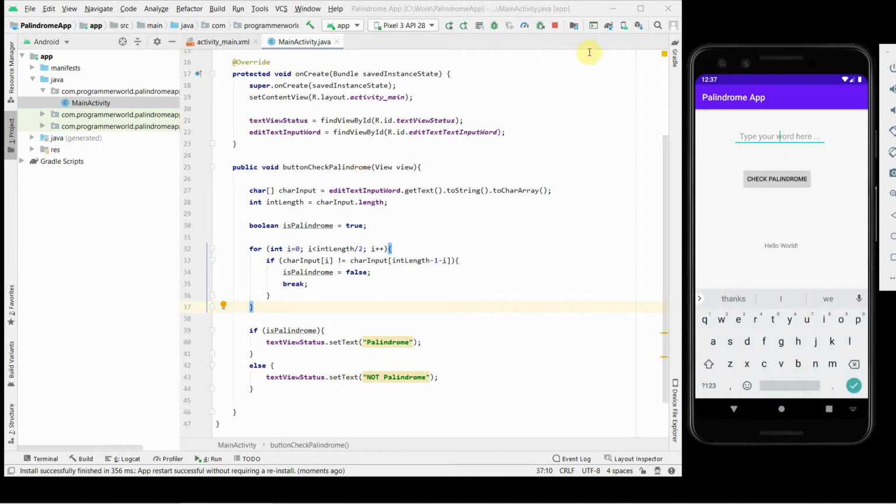So say for example, there are a few palindrome words which I know, say for example civic, because if you see C, C, I, and V are equal. So I was expecting, yeah, and if you see the result, it says palindrome. But if you change it to something else, say for example civica or something like that, okay, that is what my expectation was, that is not a palindrome. What else we can do is probably check level, and it's a palindrome, of course.